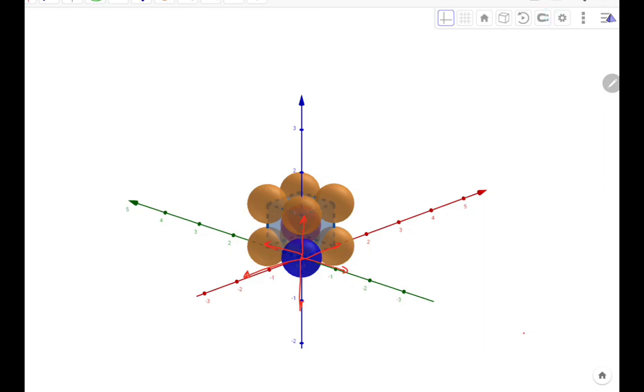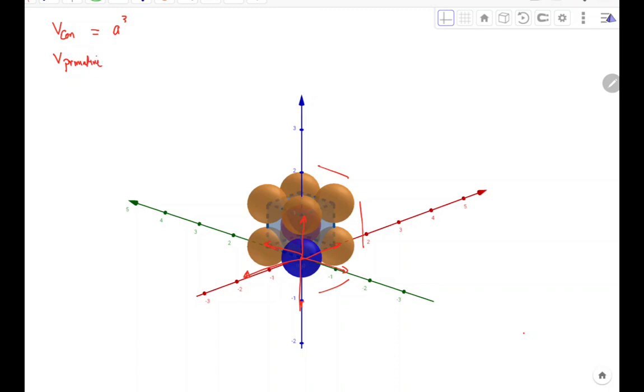Now the volume of the conventional cell, this conventional cell, is equal to a cube, and remember it's a cube with sides a, this is a, and this is a, and this is a. Now the volume of the primitive cell,